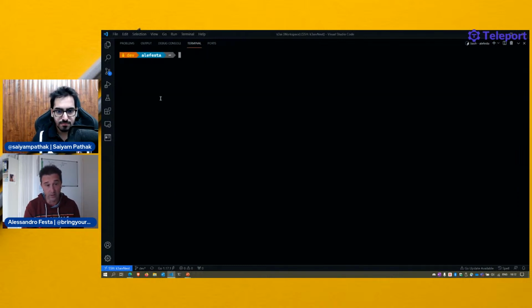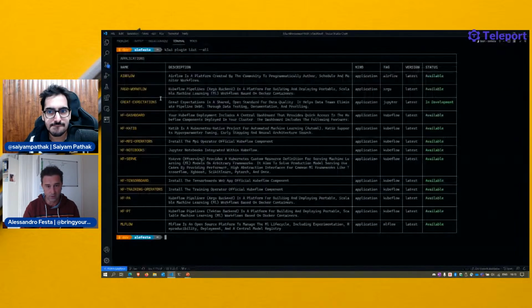But clusters are not enough. So we can say K3ai plugin list, show me everything again. And here's the list of plugins. I think you barely see that, but we got Airflow, we got Argo Workflows, we got Kubeflow, all the single components of Kubeflow.